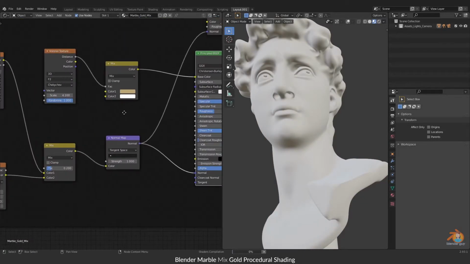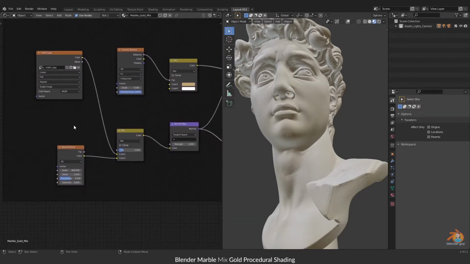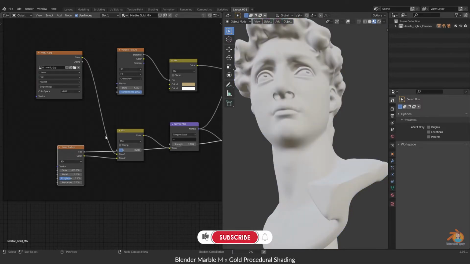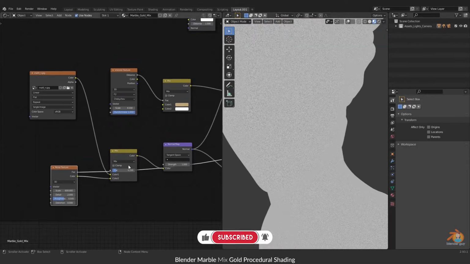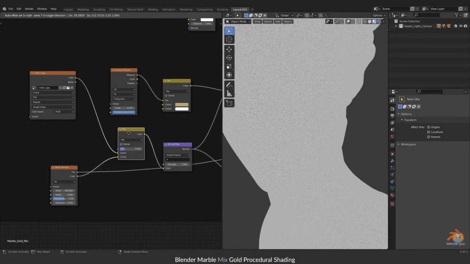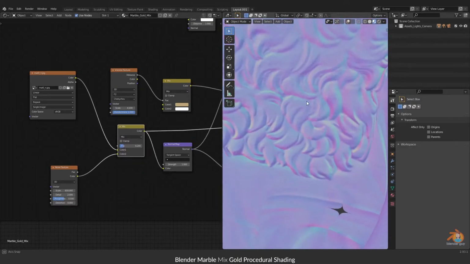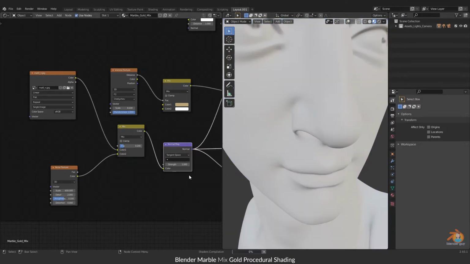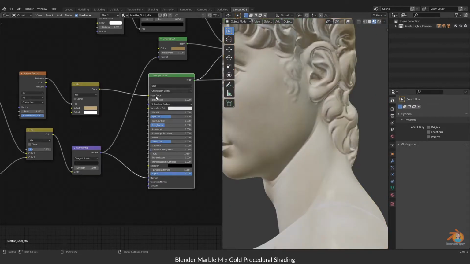Then I got an image along with this model, like a normal map, and I also used a noise texture. You can see the small dots here, and again I blended them both. So with that, this is your marble.